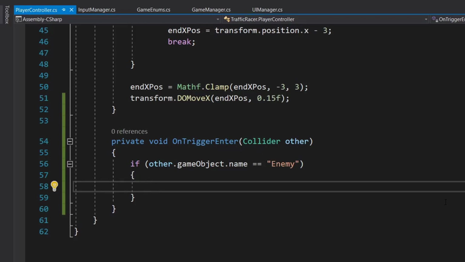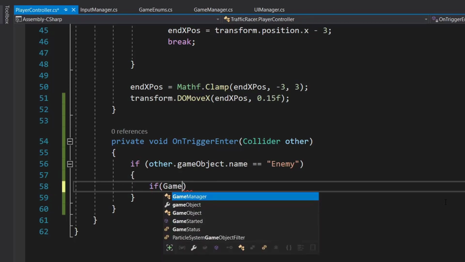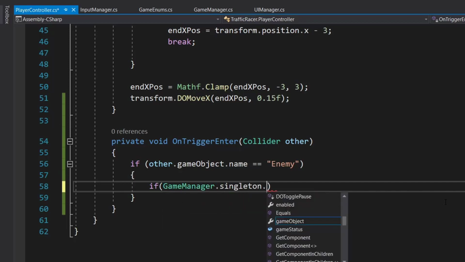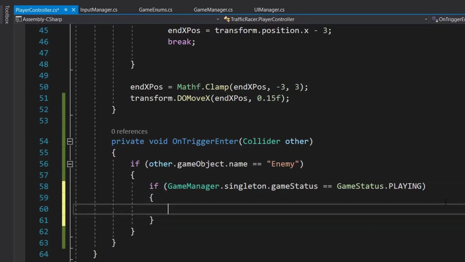Once we have detected our enemy, inside this if condition we are again going to check if GameManager.singleton.gameStatus is equal to GameStatus.playing. We have to confirm that our game status is playing.